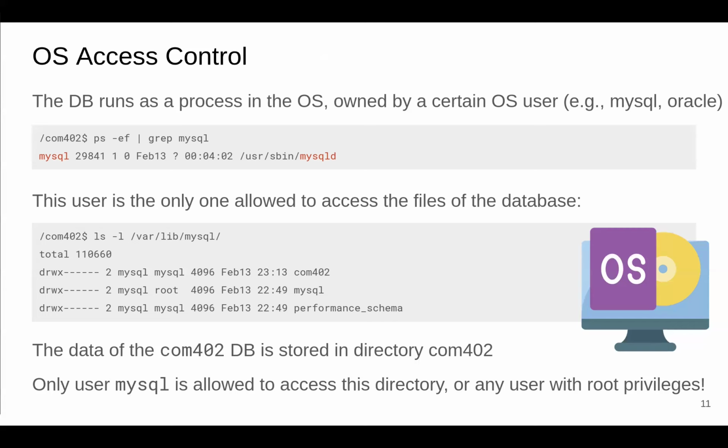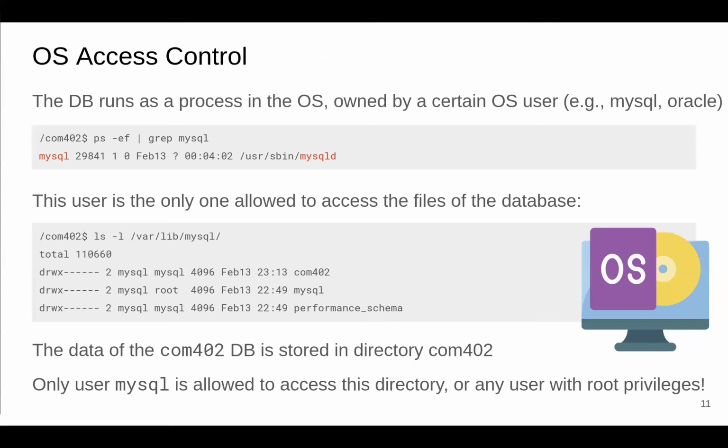If you look at var/lib/mysql, you see the COM402 database, which is owned by mysql and group mysql. This is the only user that is allowed to access this directory, and the only user that can list files and modify things. So user management at the operating system level is so that only root, the main administrator, and the main MySQL user can access it. No other service or user running on this machine is allowed to access it.